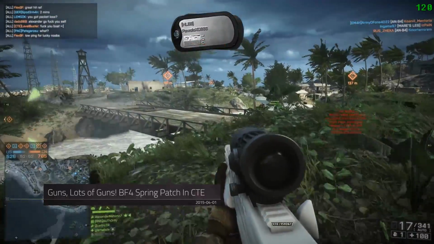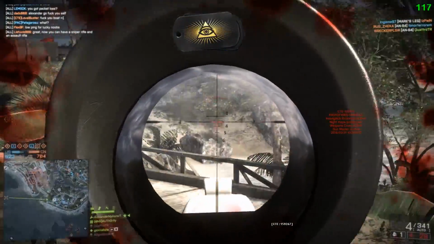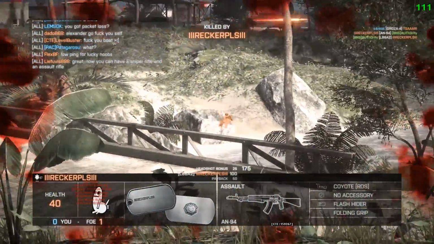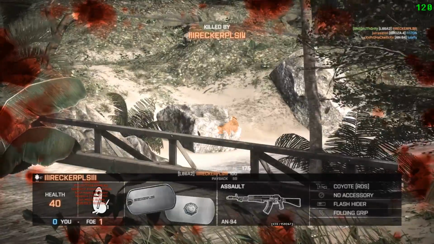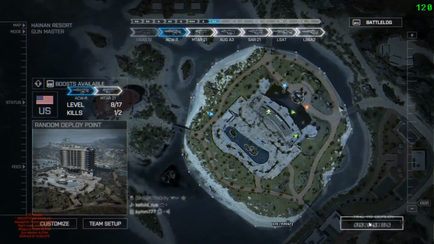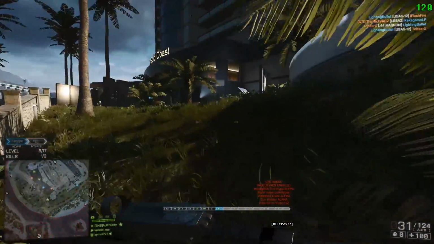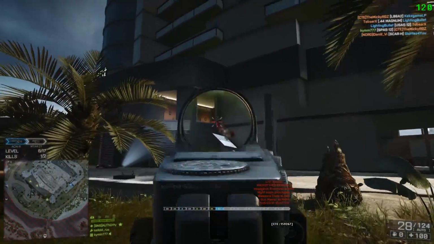DICE released a patch yesterday in the CTE which includes the new content that will be part of the Battlefield 4 Spring patch. Now let's begin with the bad news, and that is sadly not an April's fool. The night maps will not be included in the Spring patch because the designers still need a little bit more time to polish the maps, finish the rework of the night vision and thermal sights, as well as the rework